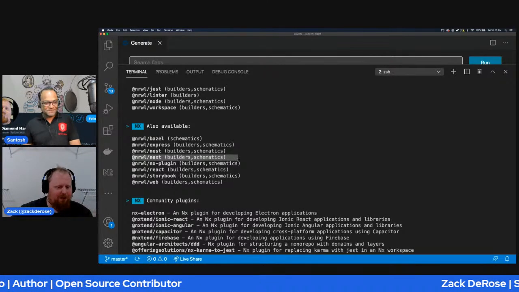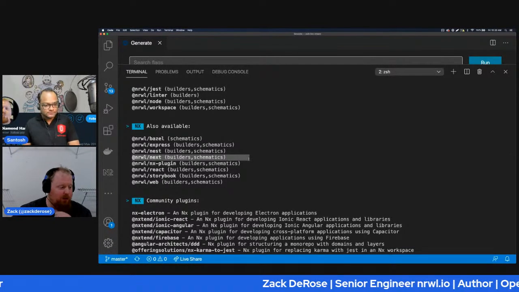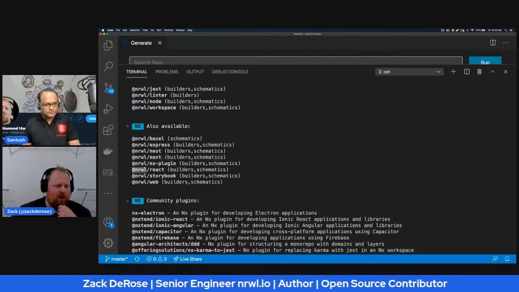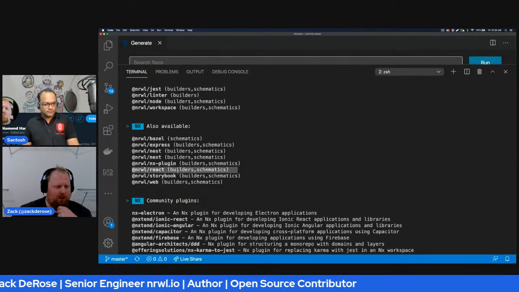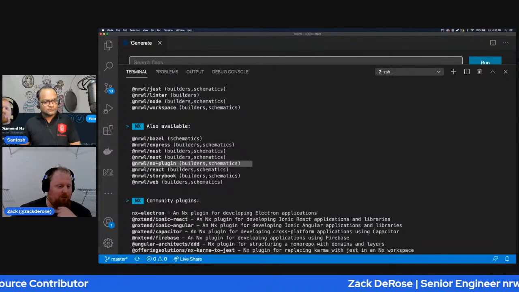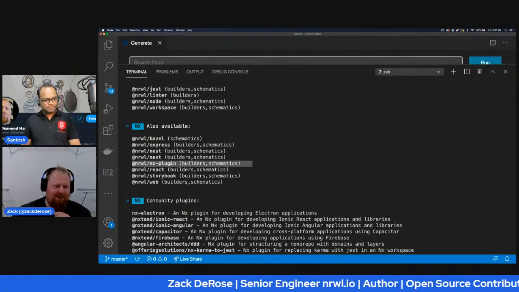But for the React folk here, we also have a Next plugin that's really good that Jack's been working on, and I think we're going to be focusing a lot on that in the future. The Nx React plugin here as well. The Nx plugin, I think this one is actually if you want to build your own Nx plugin. This is like the meta plugin.